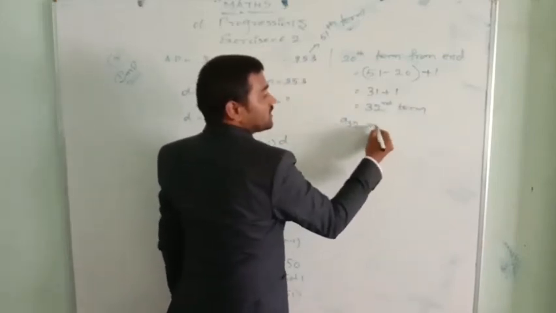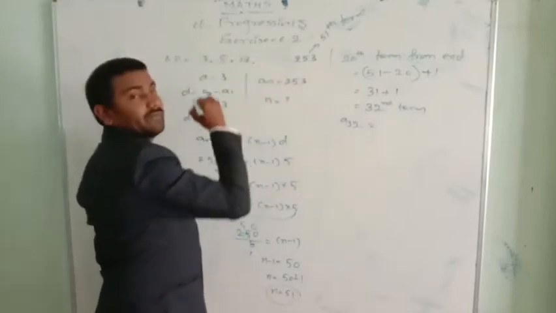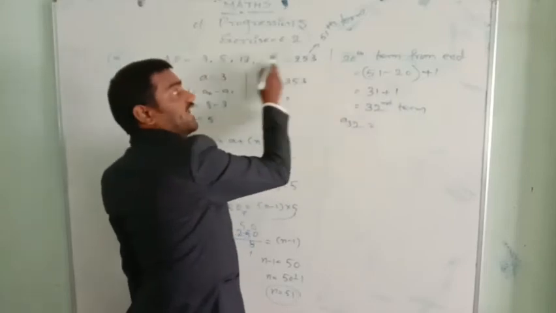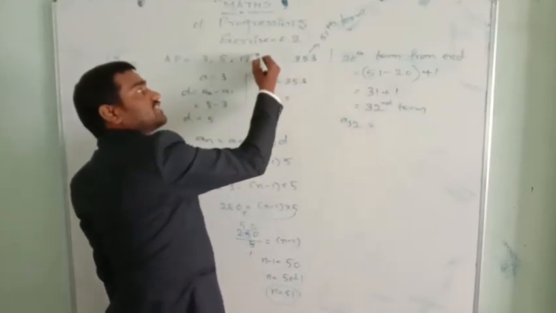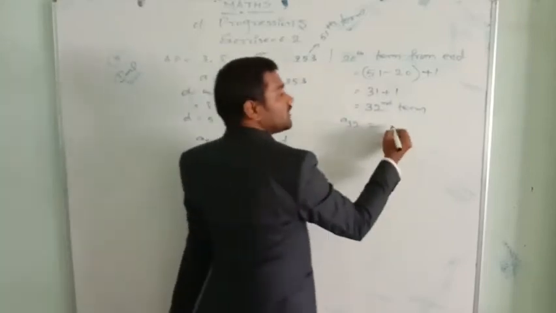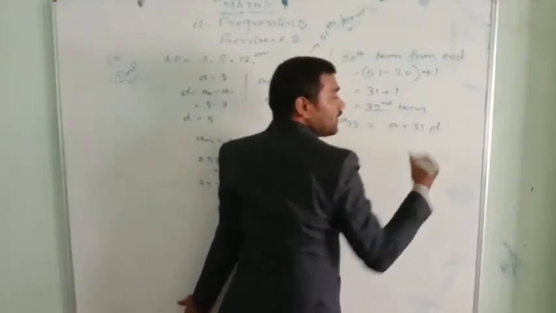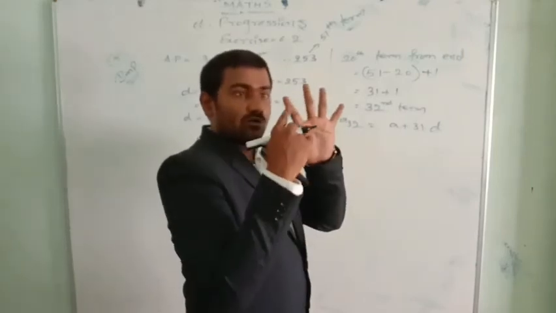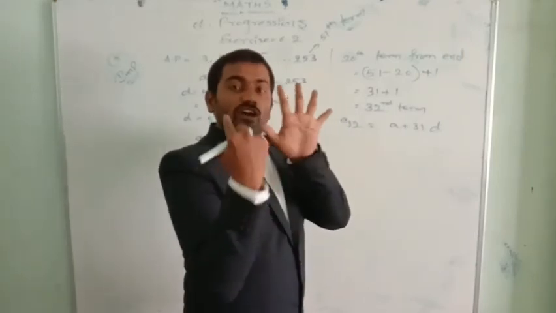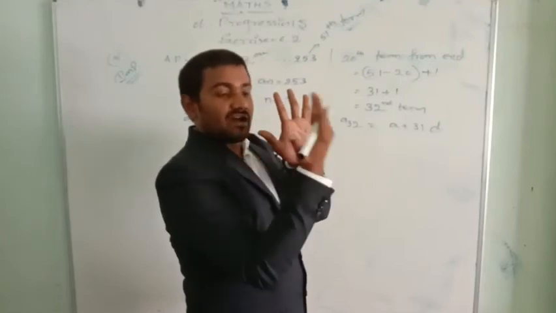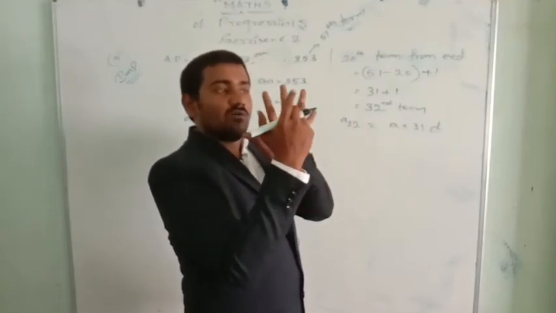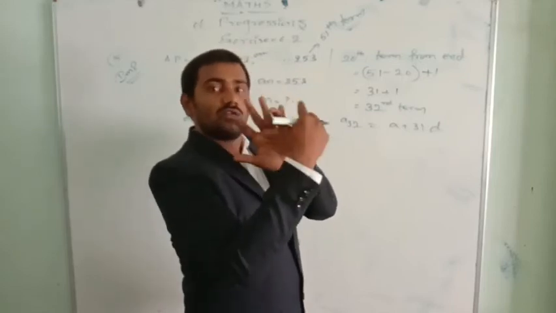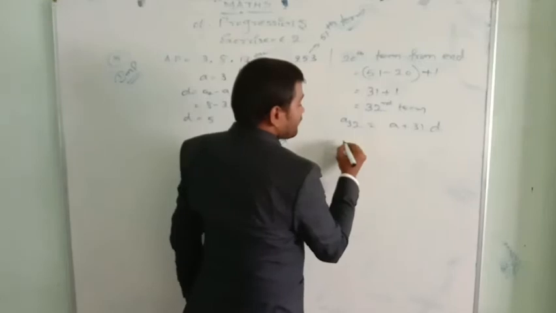Now A32, what is this? The 32nd term is nothing but the 20th term from this end. The 20th term from the end is A32. That A32 equals a plus 31 into d. Very important, you need to understand here. As I said, by finger counting, like 1, 2, 3, 4, 5, as it comes in the front-wise, clockwise it is correct only. Anti-clockwise when you count 1, 2, 3, 4, but this last term we need to count. So plus 1 if you do it, you get the 5. So that's what I did.